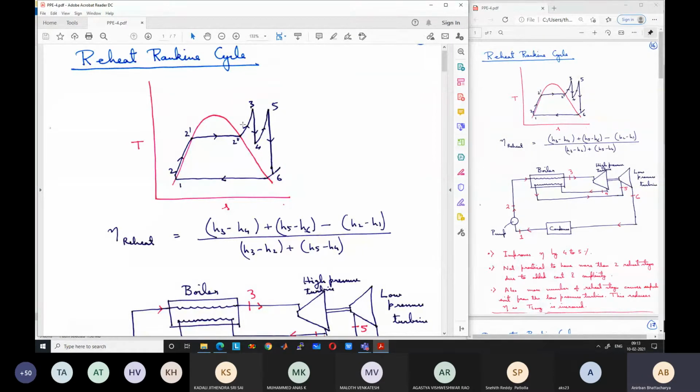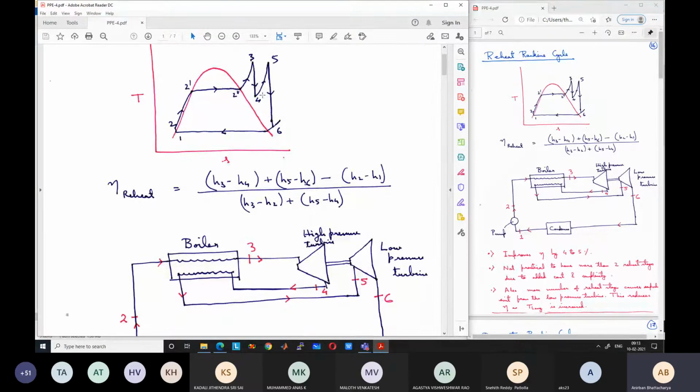Okay, we have two heat addition processes, H3 minus H2 and H5 minus H4. So this gives us the net thermal efficiency of the cycle. Okay. So like this we can calculate, and you should be able to calculate problems. I am not going to go to any problems for this case. Okay, you should be able to solve any of the problems. And again, you have to just follow step by step